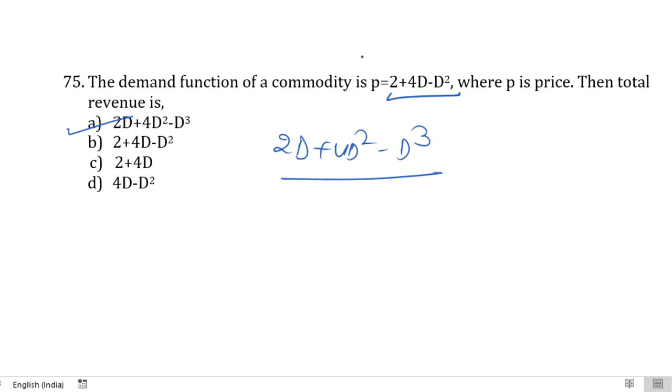I hope these questions should have made your concept clear with respect to how the multiple choice questions can be framed on the derivatives. Okay. So more of the questions are basically on the application of derivative part. This is where we have more scope to reframe the questions in the different formats.